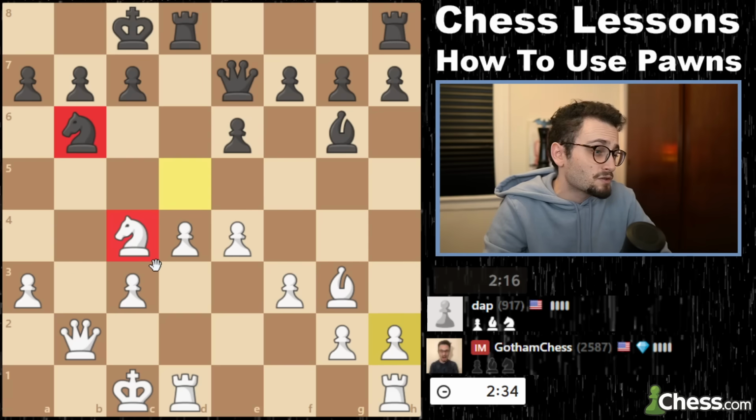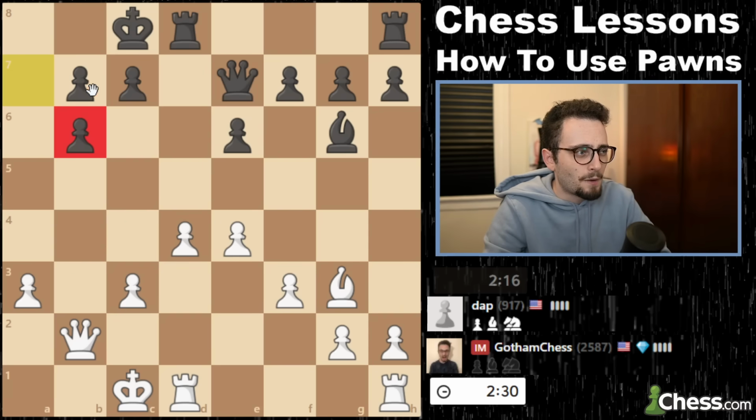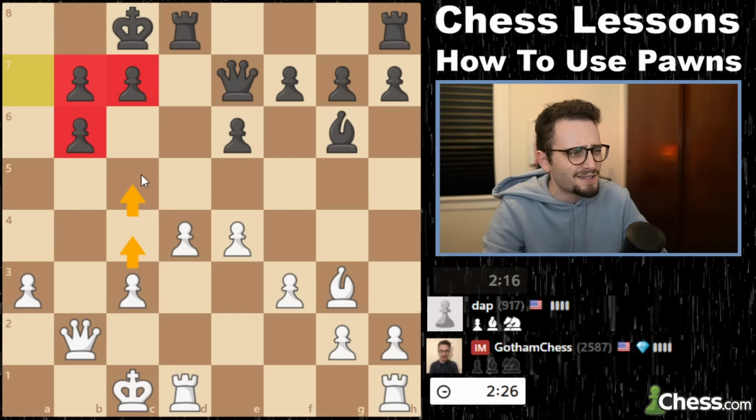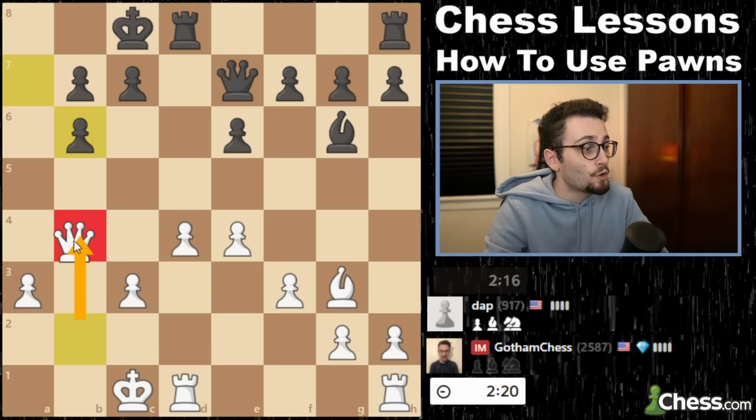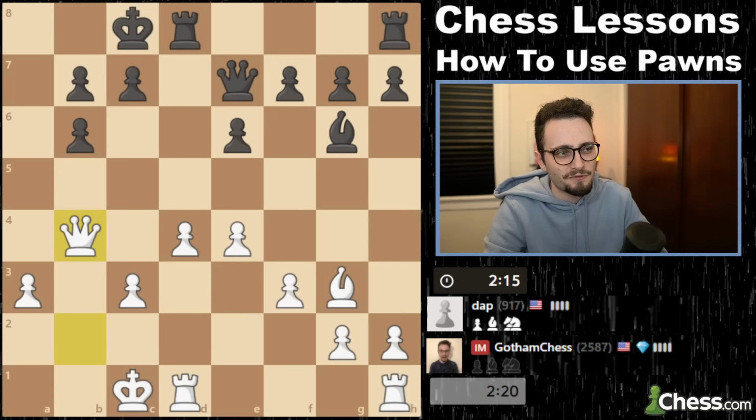Now, knight b6 is a trade opportunity. I guess I will take. Now my opponent has what's called doubled pawns, and maybe I can chip away at them, but maybe should I trade queens and make this like, oh, let's do it. I'm going to show you something funny. So in this position, after queen takes b4,